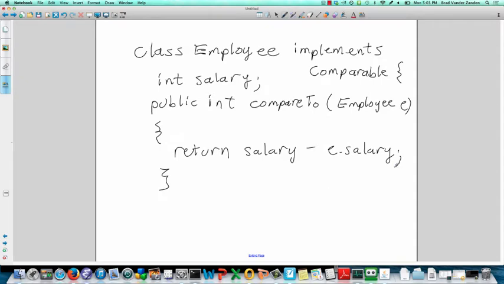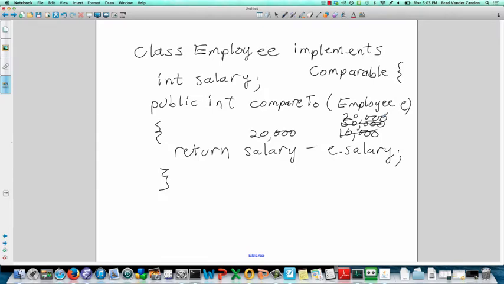Let's say my salary is $20,000, and the salary we're being compared to is $10,000. Since we're greater than it, we're returning a positive number, which is $10,000, so that works. Let's say instead that the salary was greater than us. It was $50,000. That works because now we're returning minus $30,000. Finally, if it's equal to us, then our expression is returning 0. So this is a perfectly fine way to